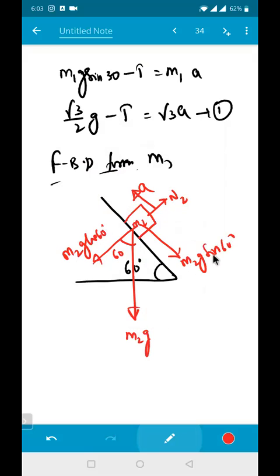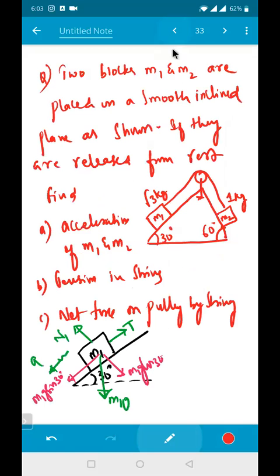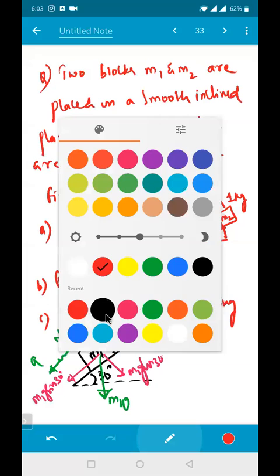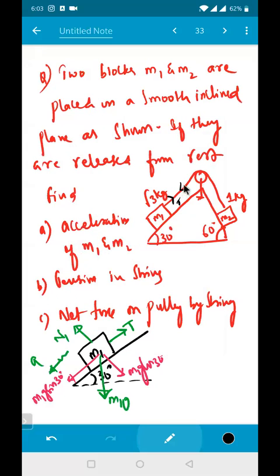Just write the equation. As the body is moving up, there is a string connected to this one. So this will be a T, because this is a total string connected for this one. So tension will be equal to how much? There will be one tension T here, this is one tension T, this is one tension T. I'm just making the FBD and simplifying.